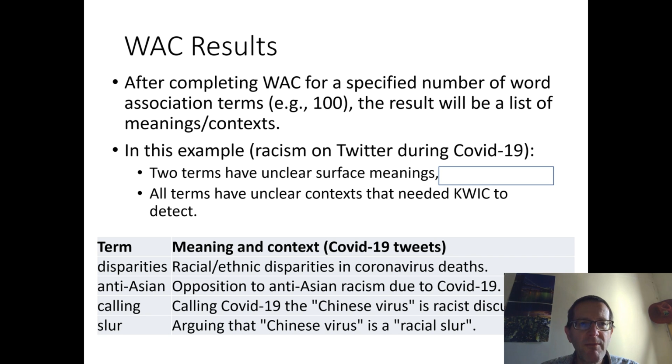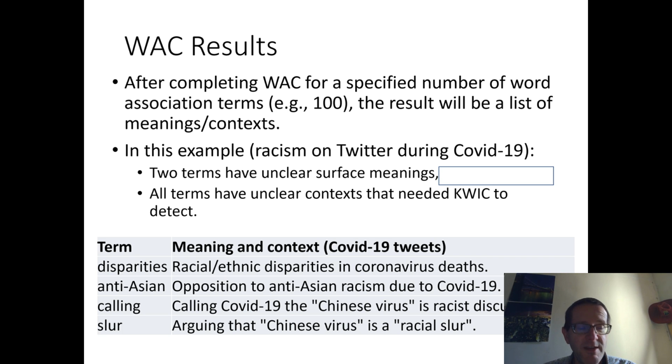So some more results from the word association contextualisation. You might get a list of words with their context. So here we have a list of 4 terms from some COVID-19 tweets. These terms are all related to racism in COVID-19 tweets. And I think in this set of 4 terms, 2 of them have a clear surface meaning and 2 don't have a clear surface meaning. They have ambiguous surface meaning. So the words could mean other things